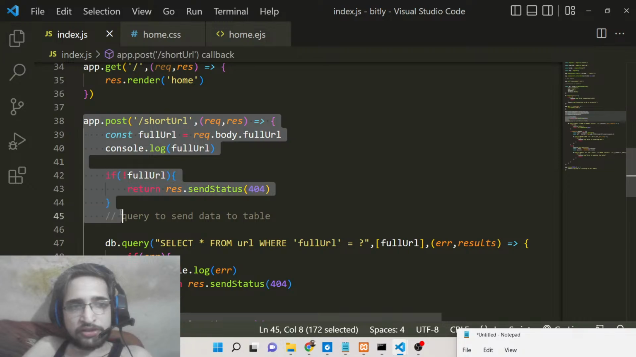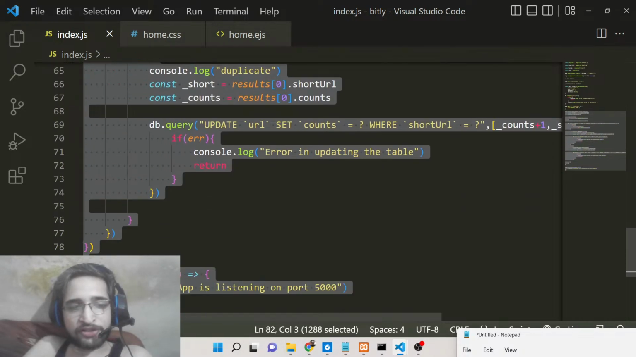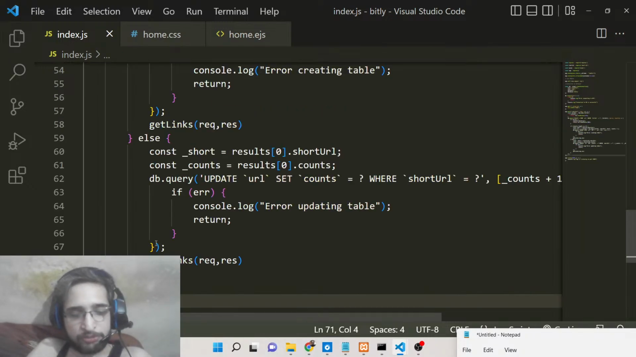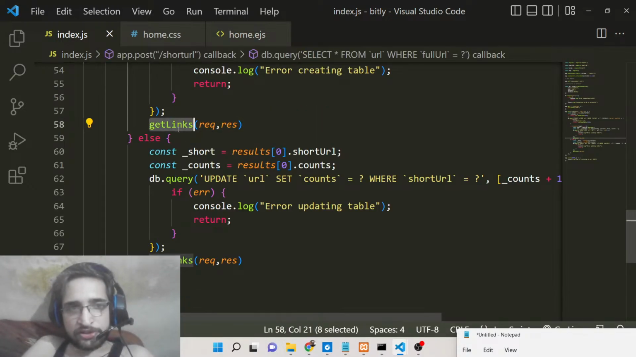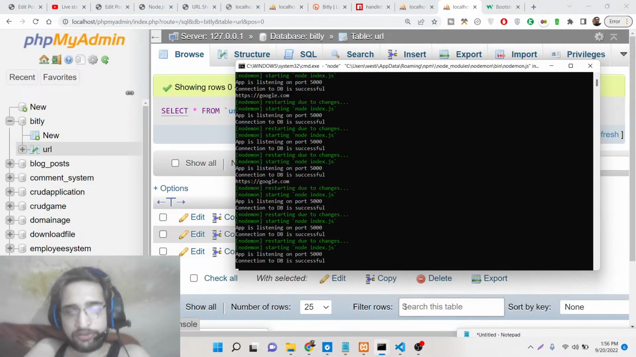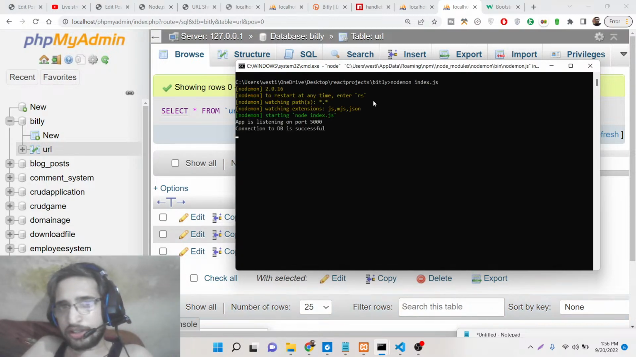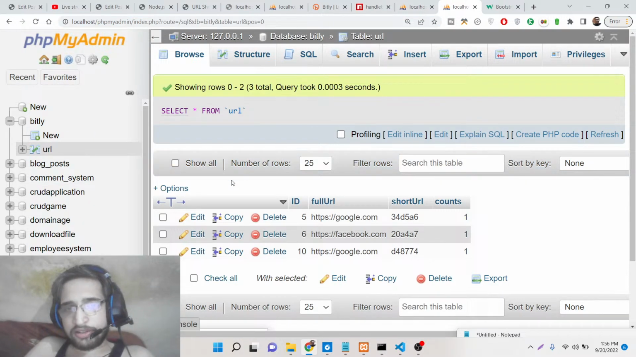So just paste this full route, guys. I think in live coding sometimes errors can take place, so simply paste it. I will just delete this get links function from here. Now if you start your Node.js server once again, so basically here if I